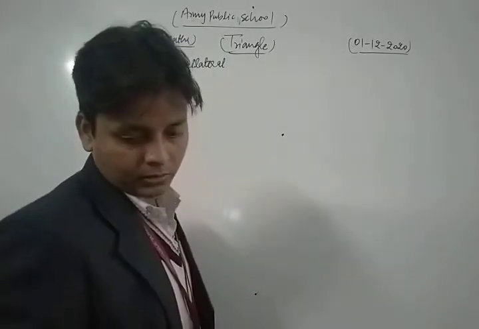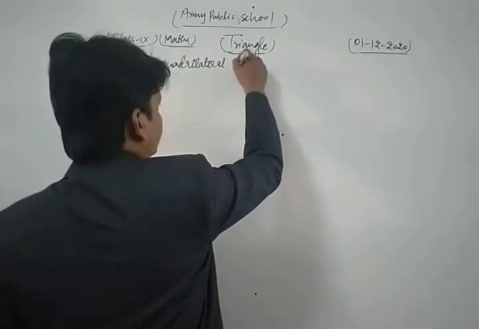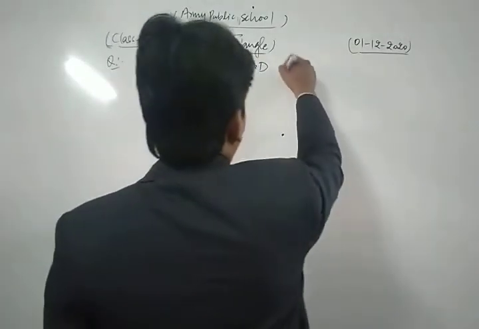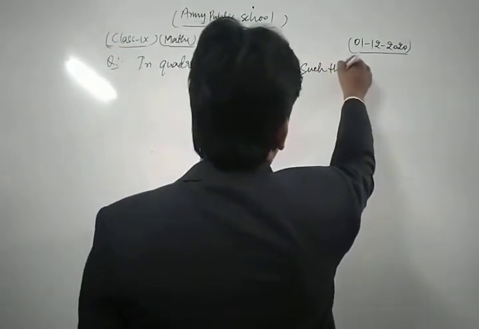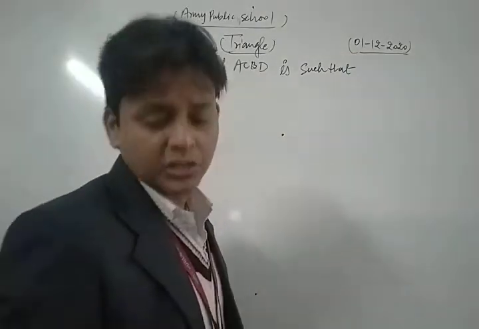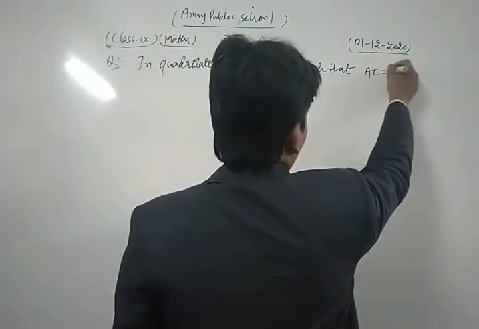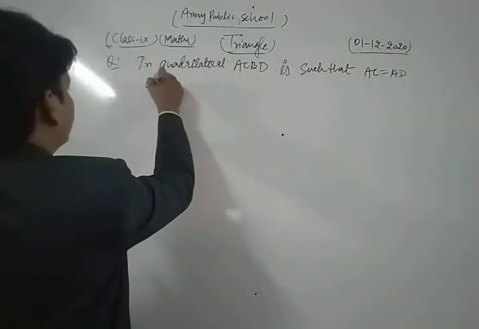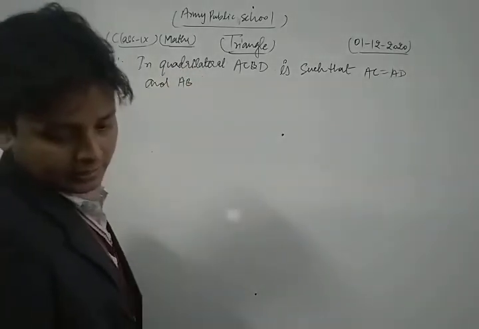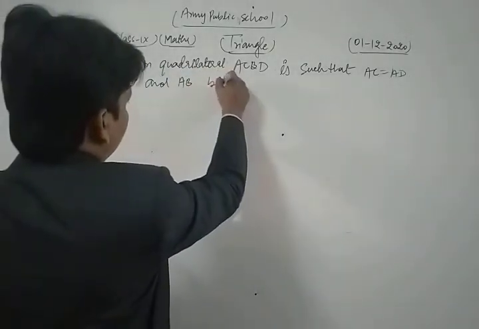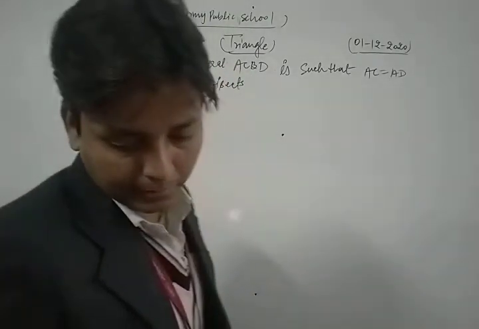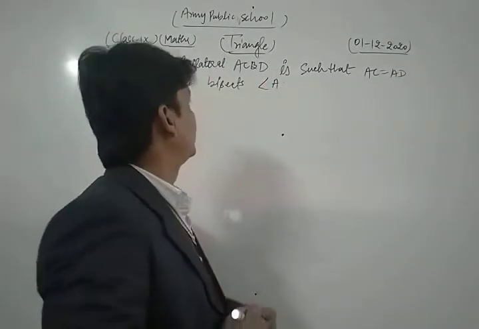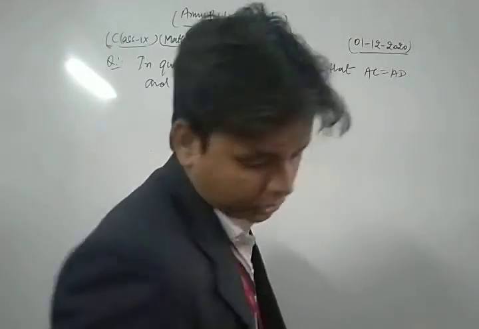Quadrilateral ACBD is such that AC is equal to AD, and AB bisects angle A. Okay, show that